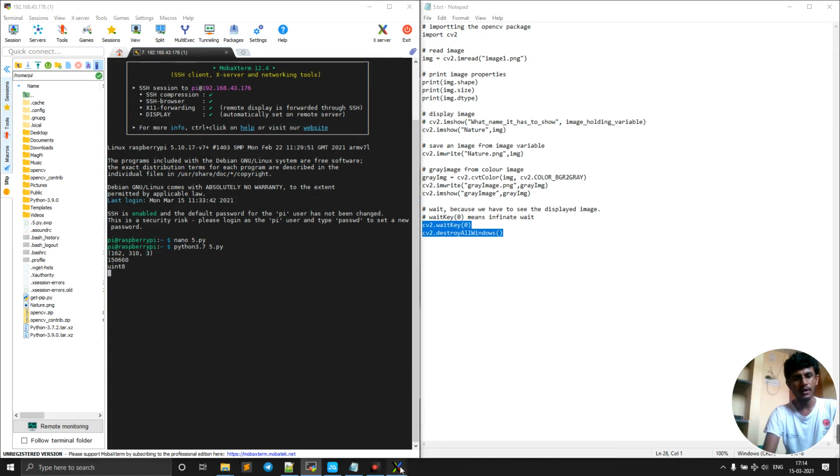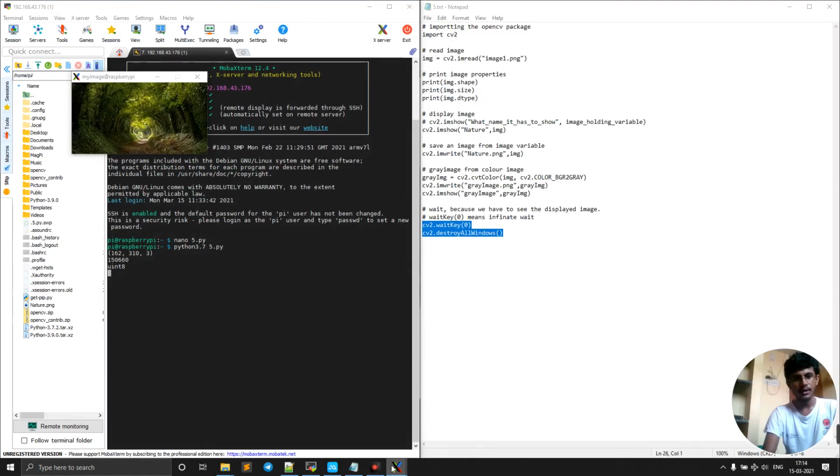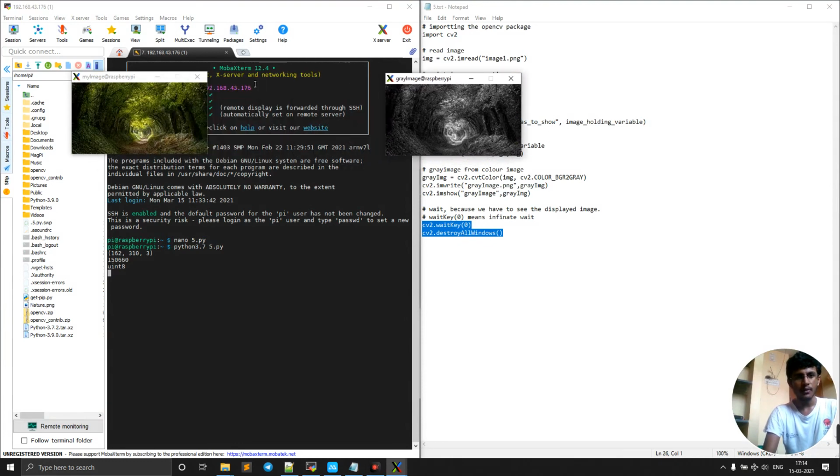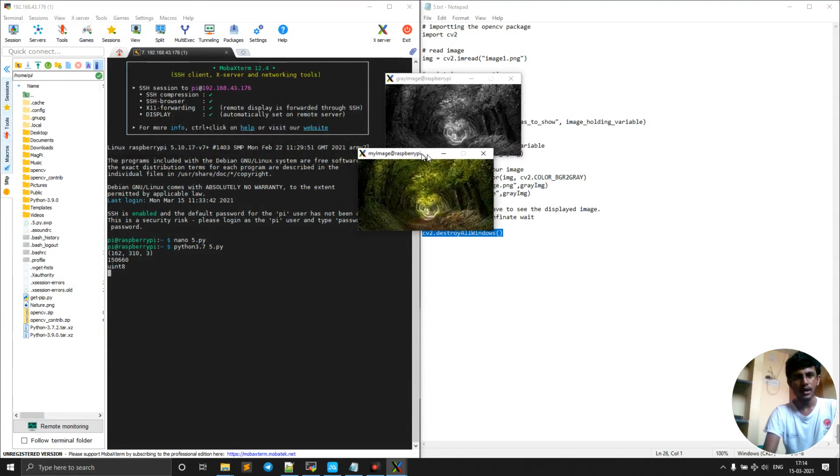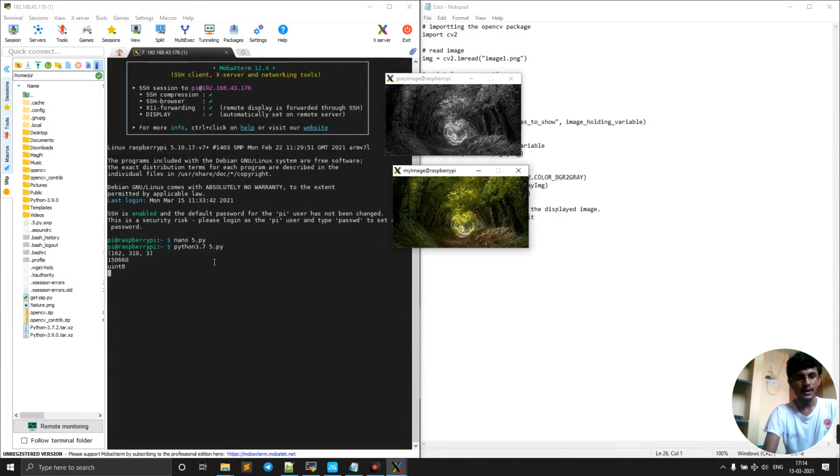Here another window is opened. We can see this is my actual image, and this is the converted one, the BGR to gray converted image. Here you can see what it's showing. This is the gray image, that is the converted one. Here you can see the heading, and this is my image, what we wrote to convert.